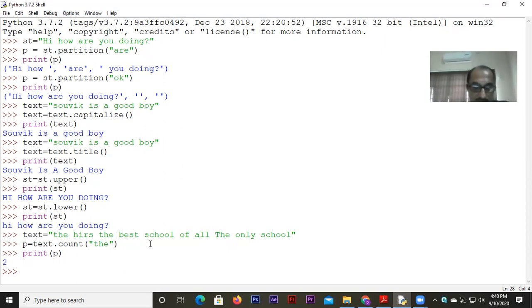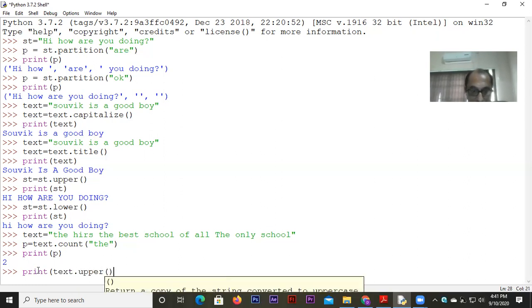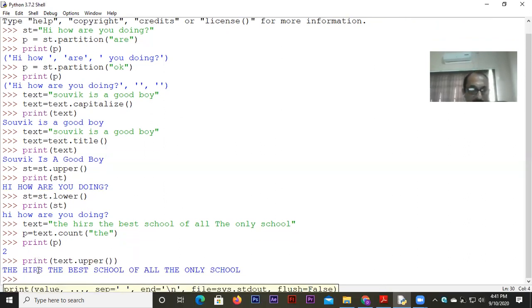What you can do is make use of lower or upper, one of these functions. Look at this very, very carefully: st equal to st dot lower. Let me show you by example. Say I write print text dot upper. It will print the whole thing in capital letters, there is no doubt about it.